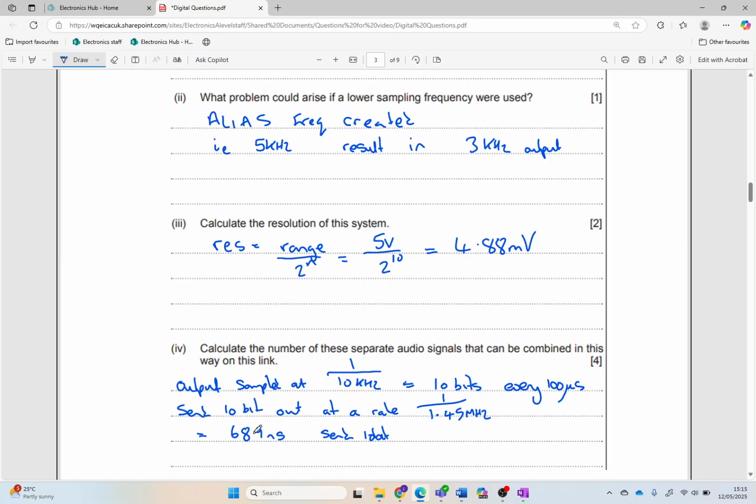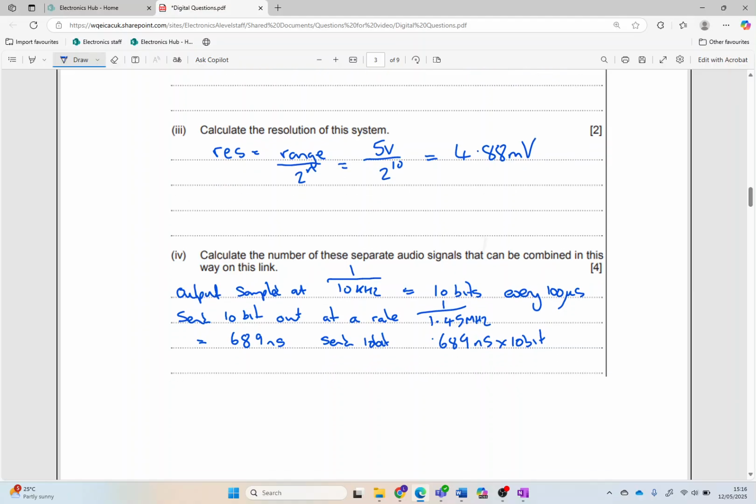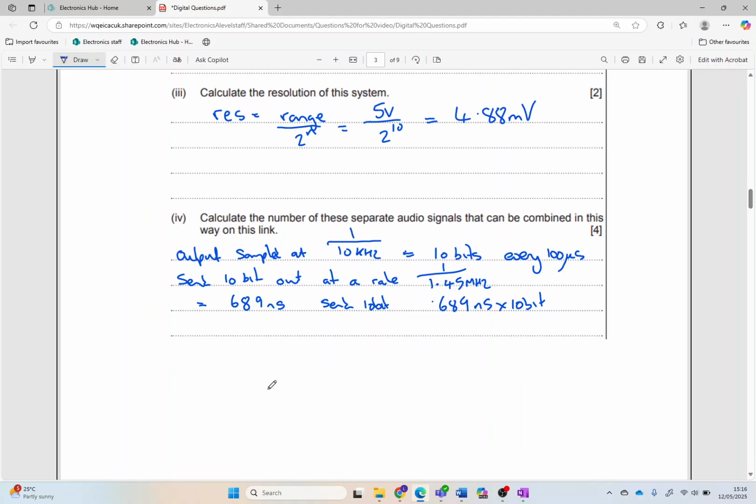So that's what our PISO clock is running at. So it's running at that, and it's going to go first bit, second bit, third bit, fourth bit. So therefore, if we then take 869 nanoseconds times 10 bits, that should tell us how many, if we've got